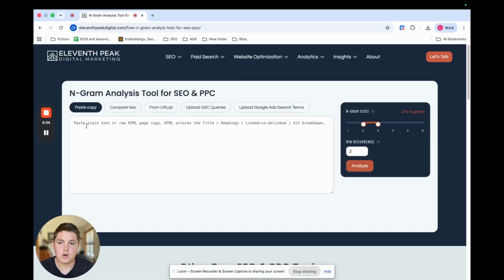Wanted to show you a walkthrough of our new Ngram analysis tool. This is pretty exciting. It allows you to analyze Google Search Console data, Google Ads data. You can compare copy between two sites. You can fetch a URL and get back the HTML and look at whether phrases are being linked or not. So there's a ton of use cases, and I'm going to walk through all the different things